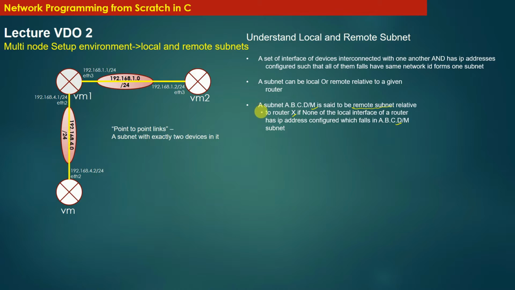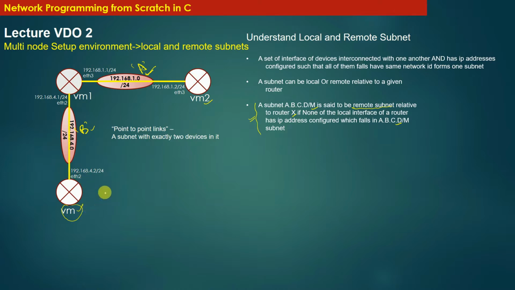Let us try to apply this definition to our topology. As I said, this is subnet A and this one is subnet B. Subnet A is a remote subnet for router VM and subnet B is a remote subnet for router VM2. Now why? Let us apply this definition and you will get your answer. Subnet A is a remote subnet for router VM. Why? Because